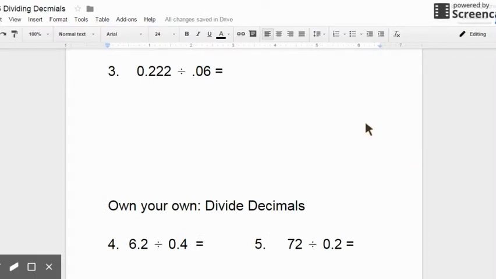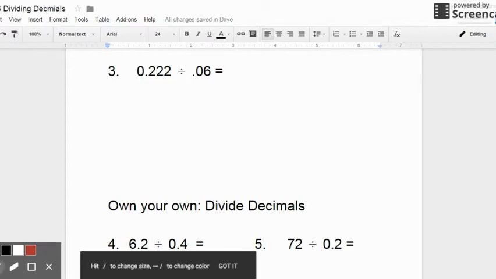All right, hello students. Let's go ahead and finish up our lesson on dividing decimals. Let's do one more example together, and then you have a couple on your own. So if you look at example 3, it's a little bit more challenging, a lot more decimal work, but the process is the same. It's still the same step by step. So let's look at the first number, 0.222 divided by